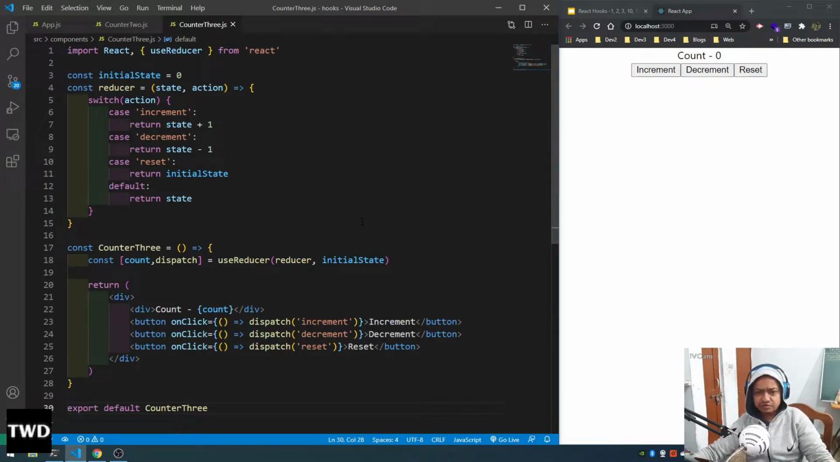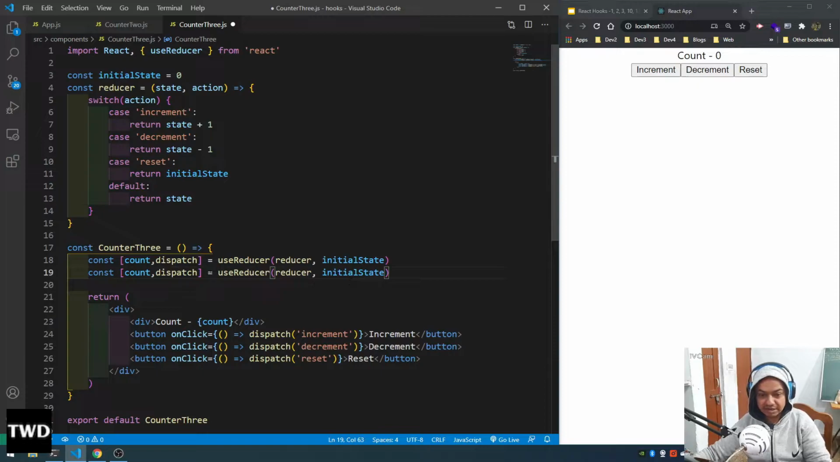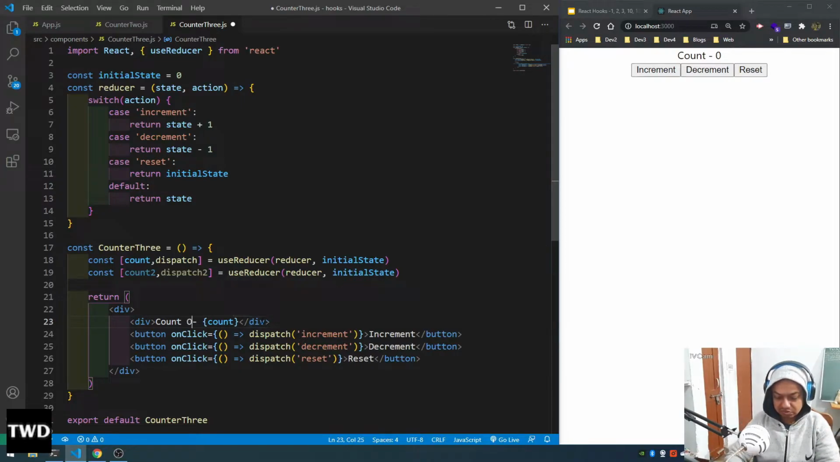So if you want 2, how will we do that? It is very easy. We don't need to create a new state, but we can copy this and create a new count. So count 2 and dispatch 2, and reducer and initial state will be there. So div this count, make it count 1, and